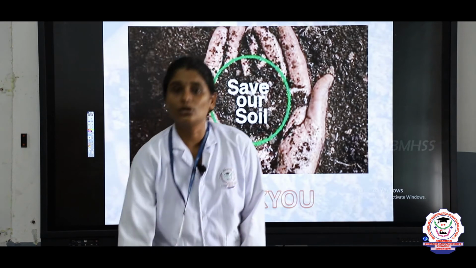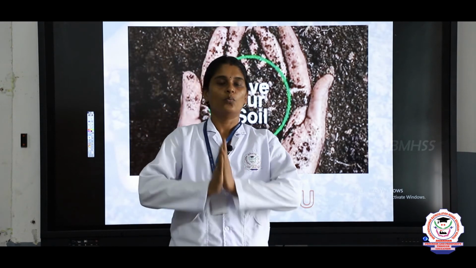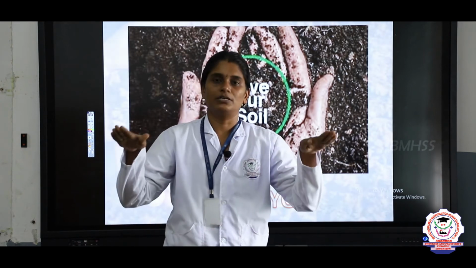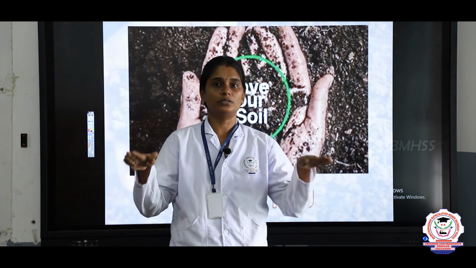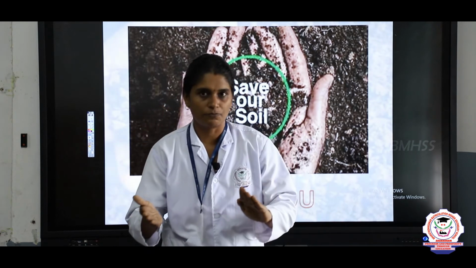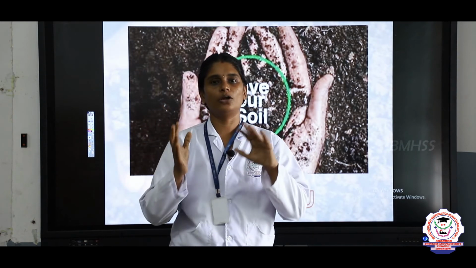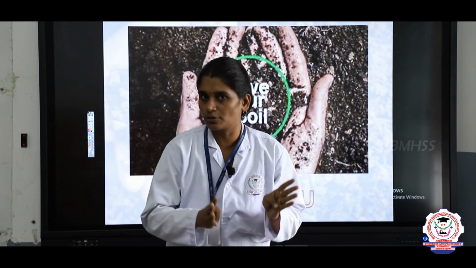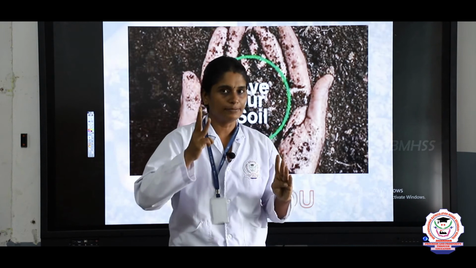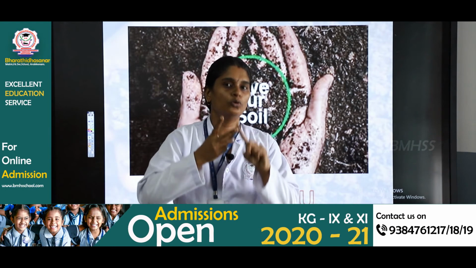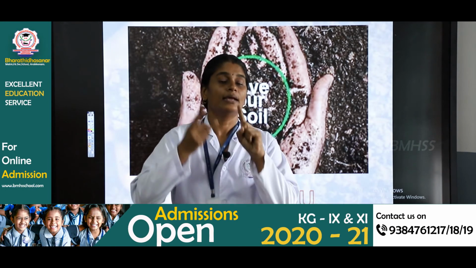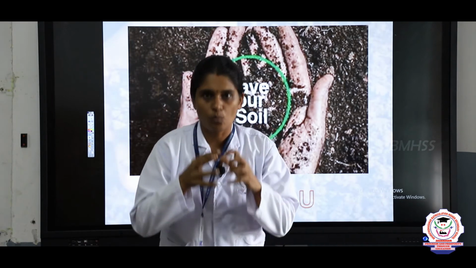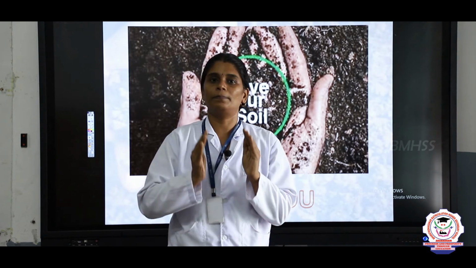So, almost we are at the end. In this class you have almost learnt about what is soil. It is the topmost layer of the earth's surface, right, and how the soil is formed. The soil is formed by the breaking of big rocks, and you learned the types of soil. You learnt about the three types of soil: clayey soil, loamy soil and sandy soil. Clayey soil is full of clay particles, holds more water, and is not much good for plant growth.